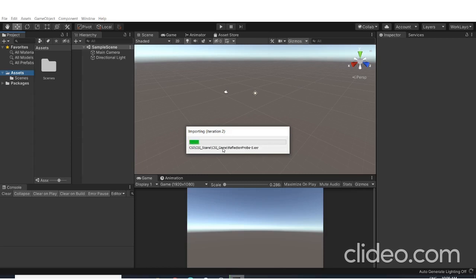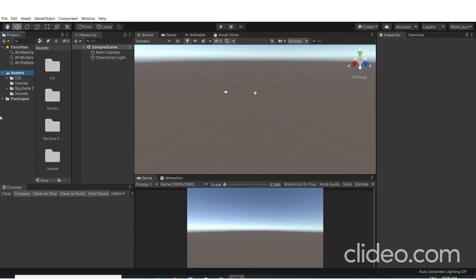Now things should be quite fast. Just wait a few seconds more. It's loading. Okay, it has imported.